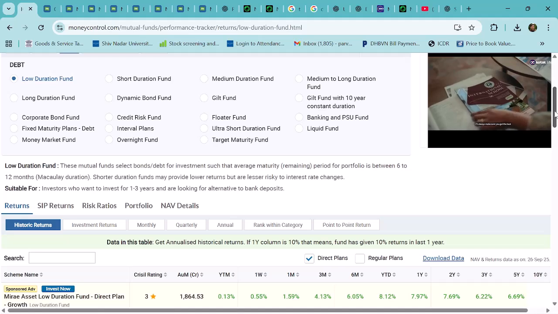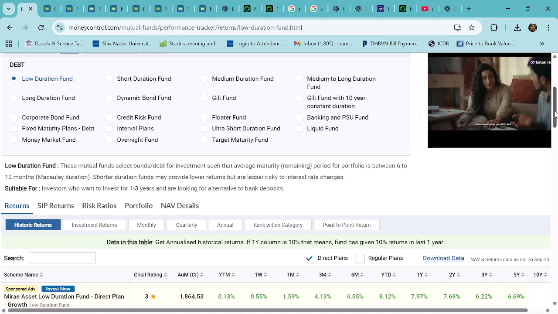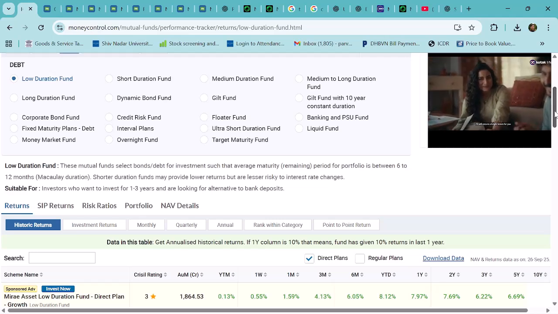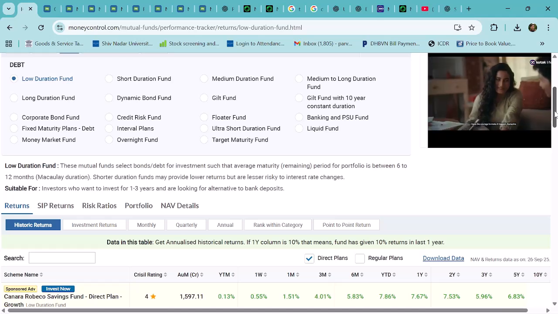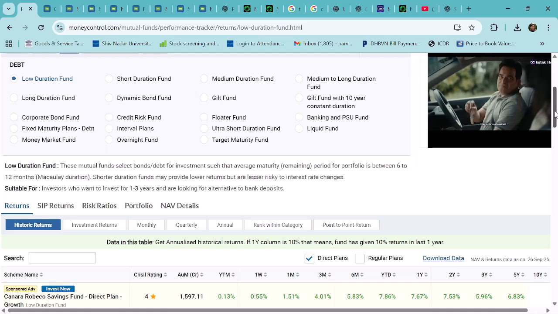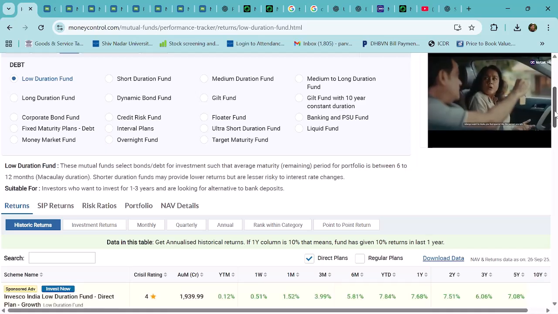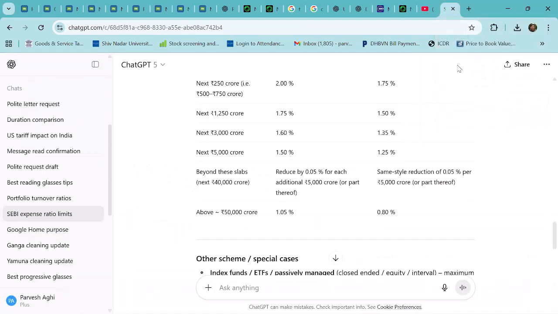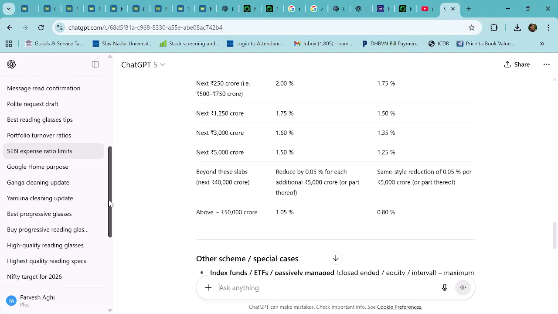When you invest in a fund, they announce a coupon rate. Like when you buy a bond of a company, they'll say 7% coupon. So that means the coupon is their income. Now the bond can be for 5 years or 10 years or 20 years, and that will be called the duration. So let's understand what duration is first of all. A lower duration fund will be least risky. A longer duration fund will be the most risky. So let's understand about what these funds are.